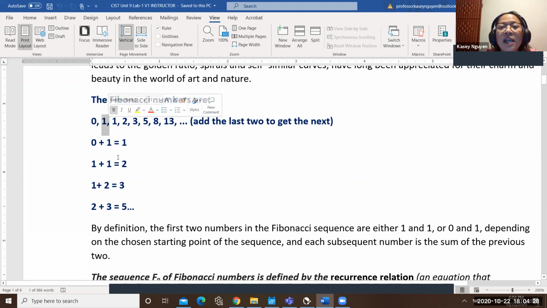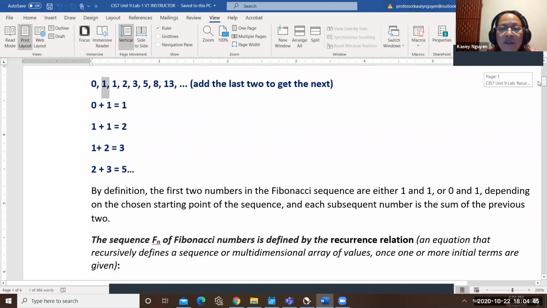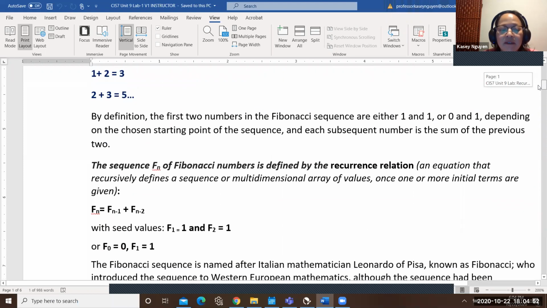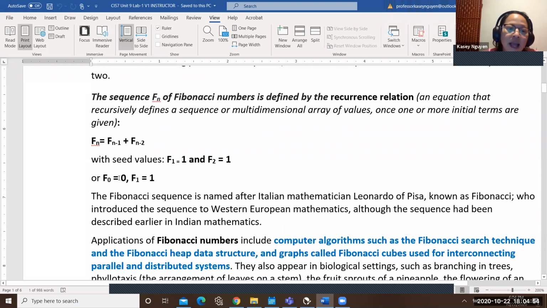So in such case, you would incorporate that either in the program, or you would work your algorithm to really represent a certain value at the nth position. So in all our programs that we're going to do for Fibonacci today, we are going to seed it at 0. Okay, so it starts at 0. So that means that we're going to have f0 is equal to 0.